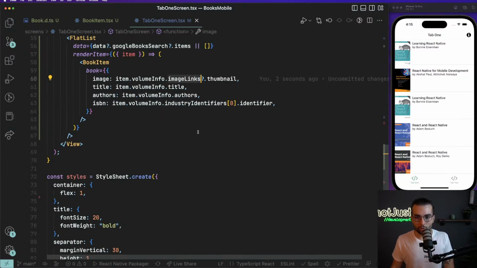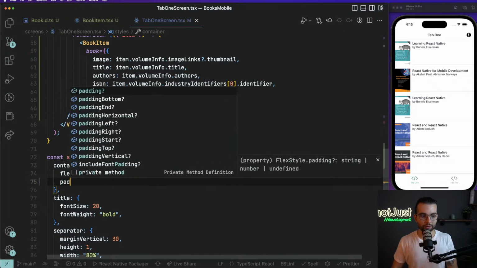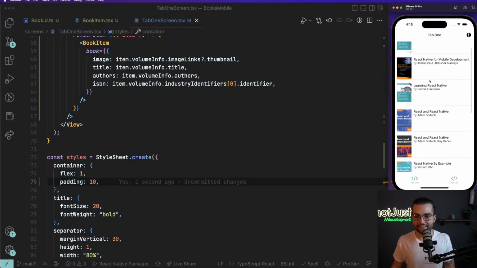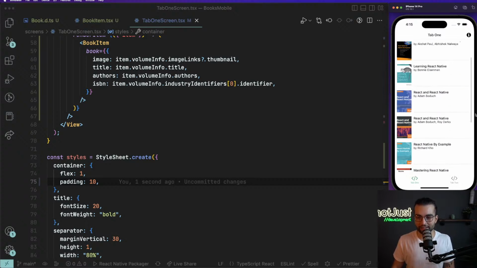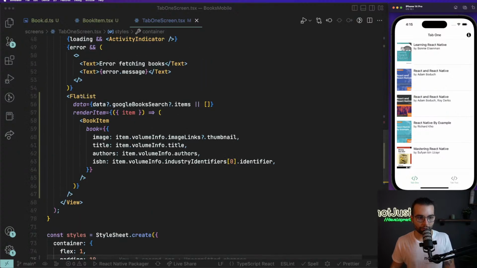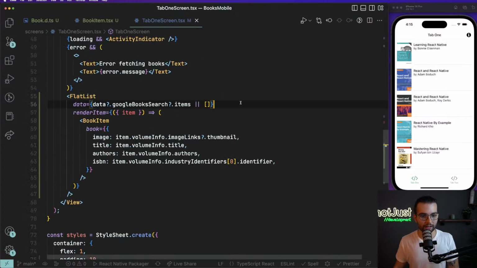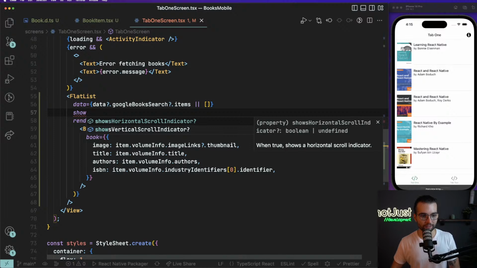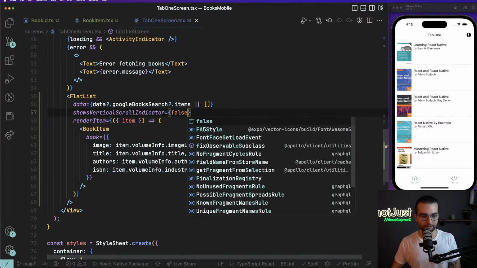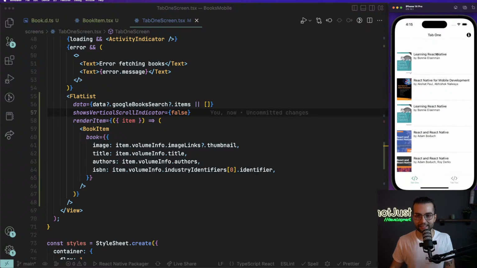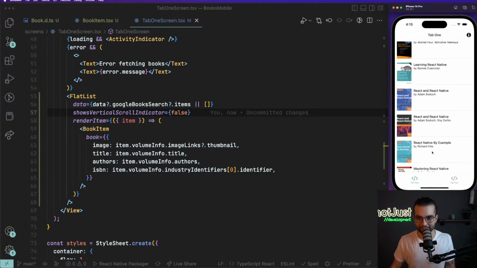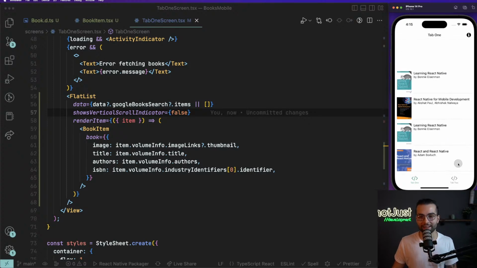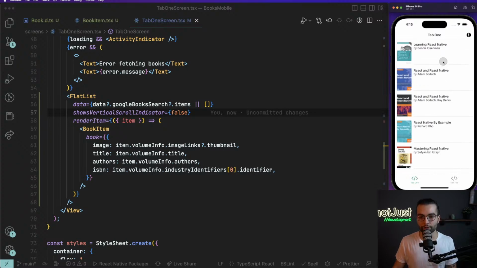I had, yes, again I had one error mistake here. What I want to do is to give some spacing to this container, so I'm gonna add a padding 10 here, and now it looks much better. And lastly, I want to get rid of the scroll bar indicator on the right, and we can do that with flat list by providing a property here called shows vertical scroll indicator false. And now it's hidden and it looks much better. So here we see all the books. I mean, not all the books, like the first page of the books related to React Native from Google Books